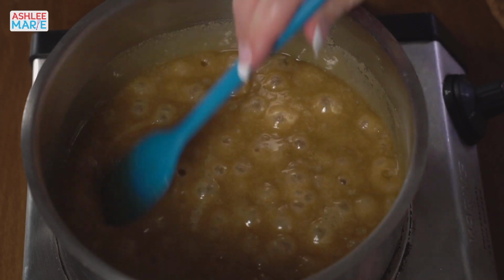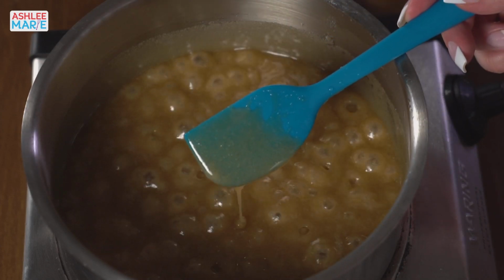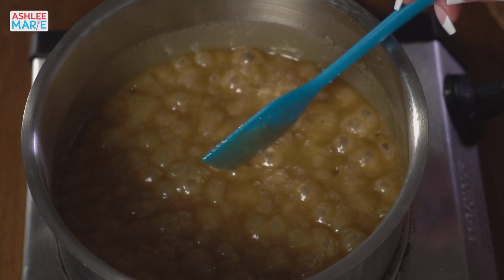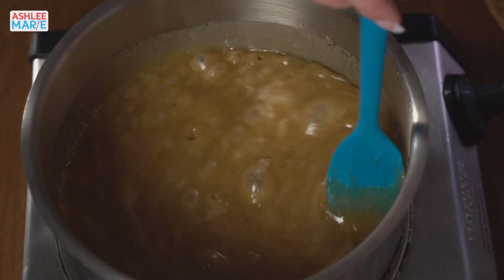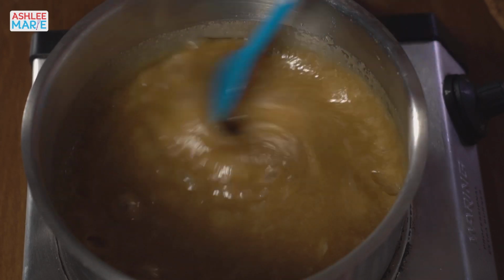All right, got a nice rolling boil. We've still got a little bit of graininess in there, so I'm just going to give it a couple more seconds. One of the ways that you can test your graininess level,